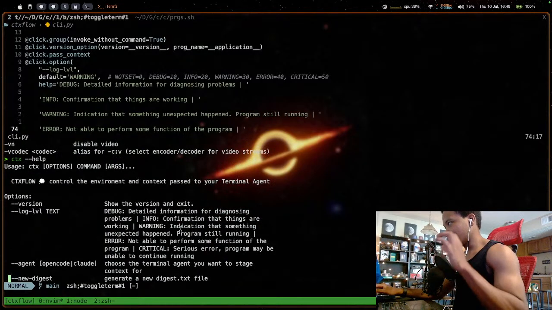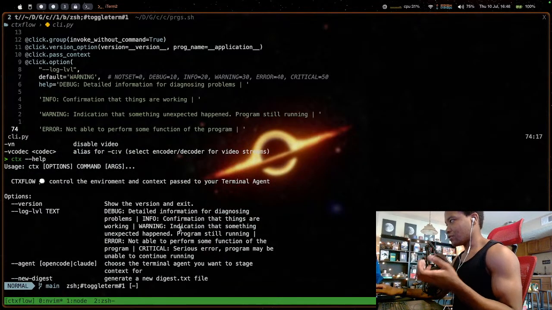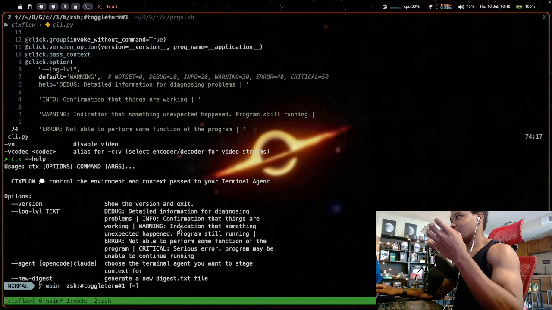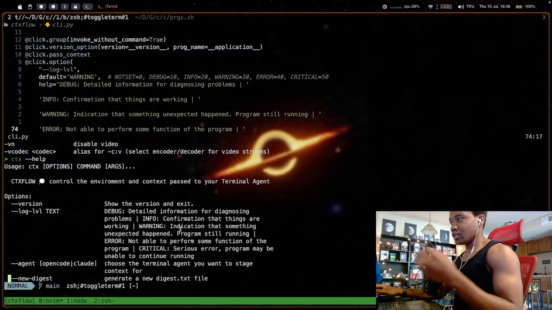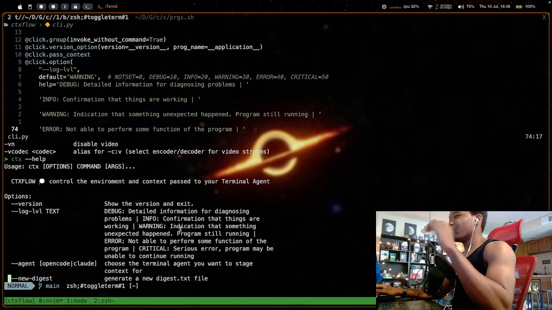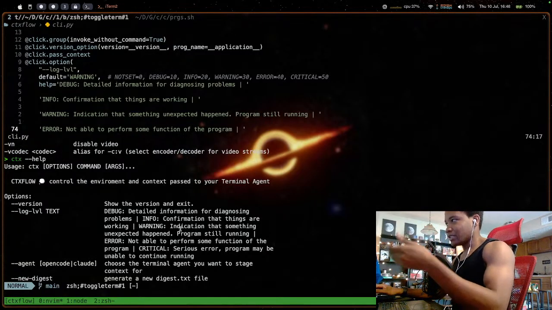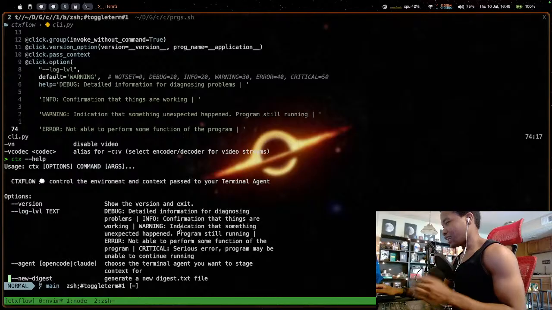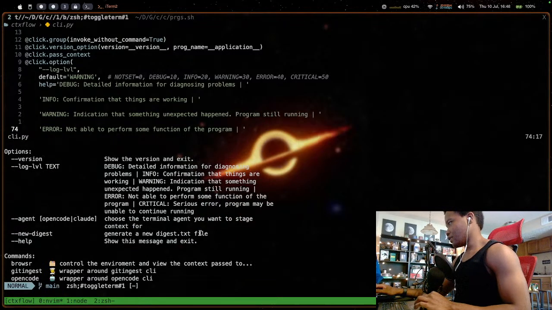I don't have Claude Code wrapped yet, but I'm literally just wrapping the terminal command for Open Code or Claude Code, and I'm doing stuff before and after it. So I'm capturing log files. I'm doing some cool stuff where I'm creating directories. It's almost like a constructor, and then I'm tearing stuff down on exit. So I don't have to do anything, right? So this is really cool. It logs different stuff and all that kind of cool stuff.